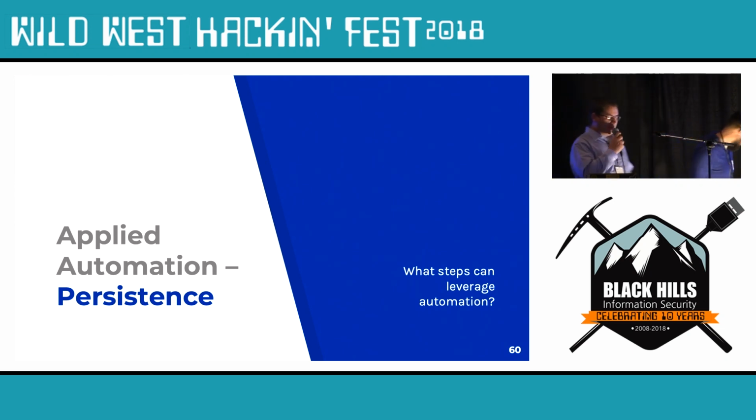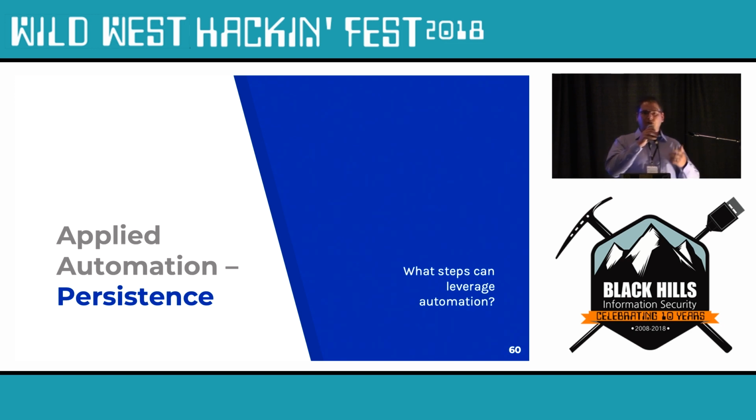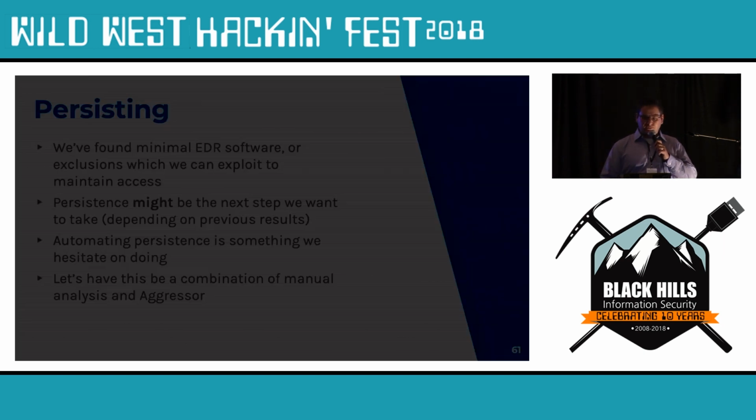So that step and this next step help try to get rid of the ability for an analyst to miss certain things, right? There's always still that option, but if you're highlighting and calling out specific EDR products that are installed on a system, then you know that's something you should look for and try to protect your actions against. This next step is for persistence, and how can we apply aggressor scripting to persistence as well?